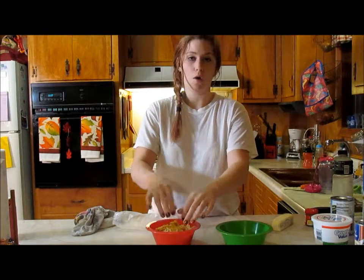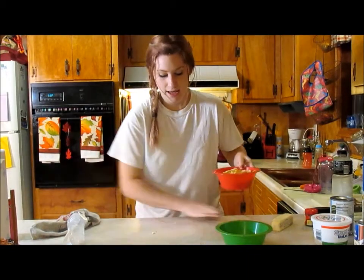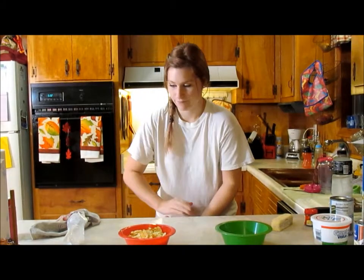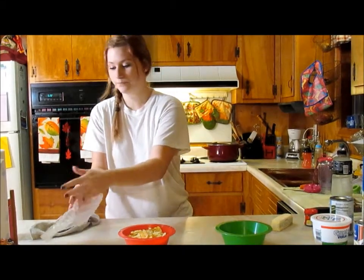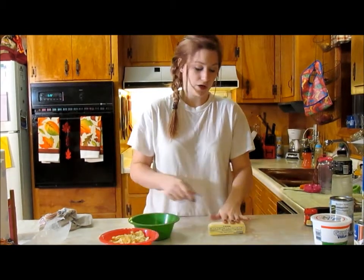So a whole package of Ritz, like I said, which you can make. You can use as little or as much as you like. I really love how they taste on top. Okay, so once you've done that, then you can go ahead and take your butter, which we're just going to use half a stick of butter,